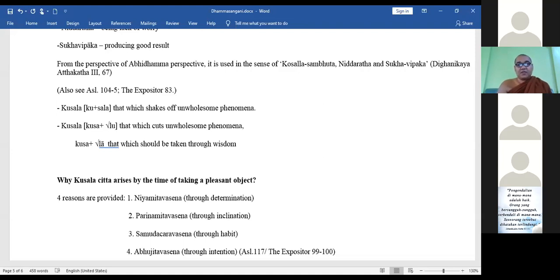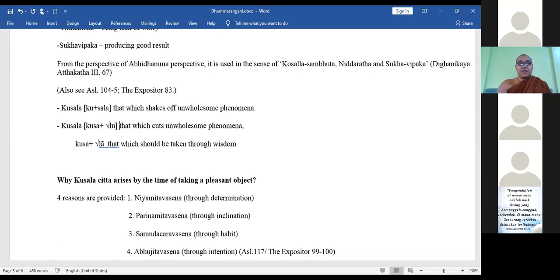So in that case, the kusa became what? Kusa referred to the wisdom. Kusala is the term for the wisdom. So through the wisdom, we take something. So something to be taken through the wisdom is called kusala. So it means what? To have a kusala citta, we should have a